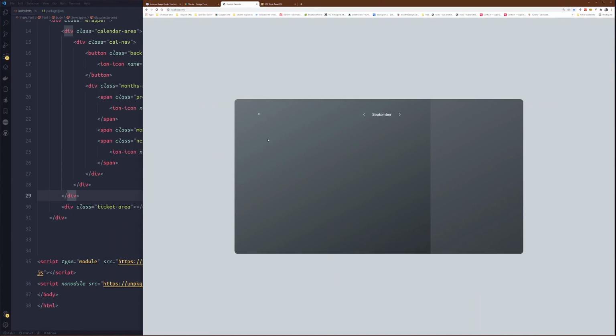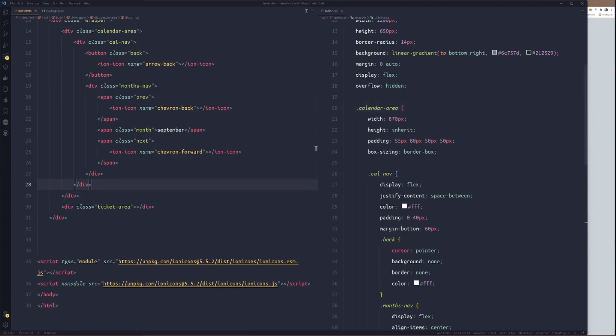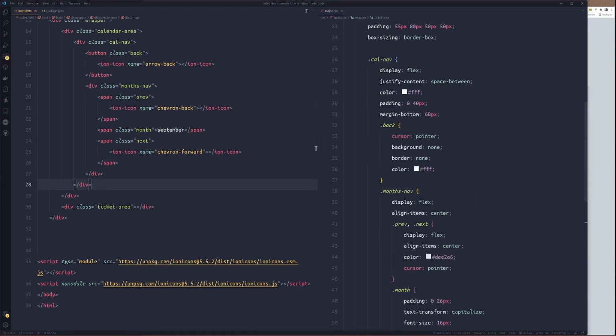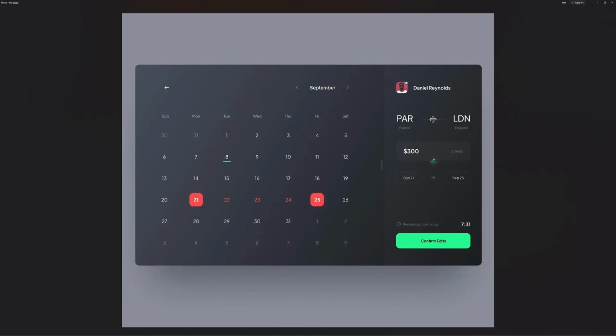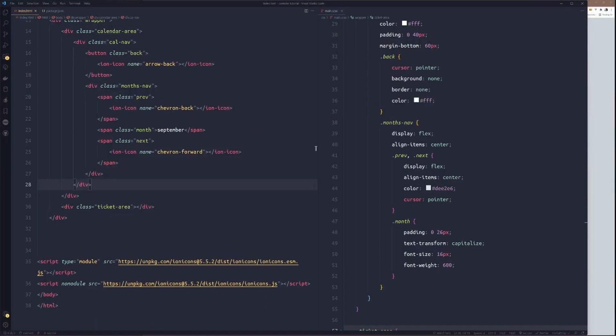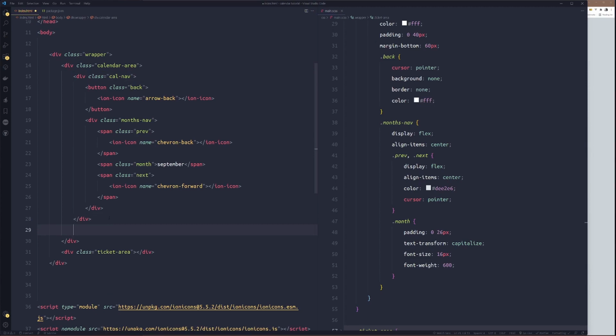All right. So now back to the calendar. So we'll mark up this calendar table. For the markup, just after calnav, I'll create a new class.